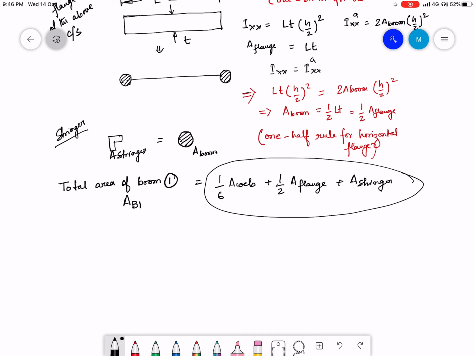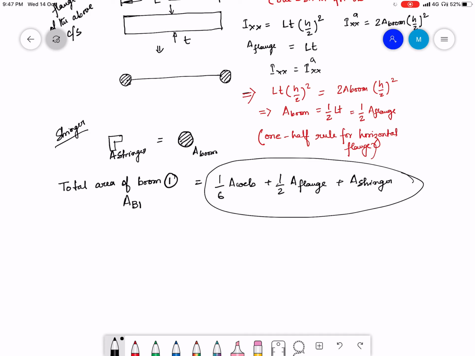Okay, or I mean the position of the location of the reinforcement. But there are lots of different ideas about finding out the area of the boom. So what I have discussed now is just one of the methods. So if you look into Maxent, there is another methodology given to find out the area of the boom, which